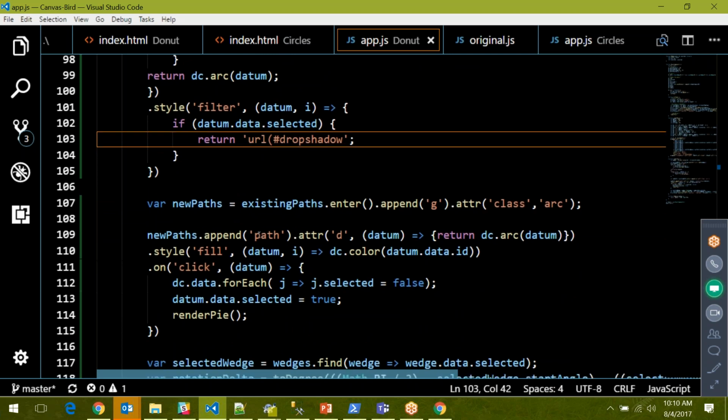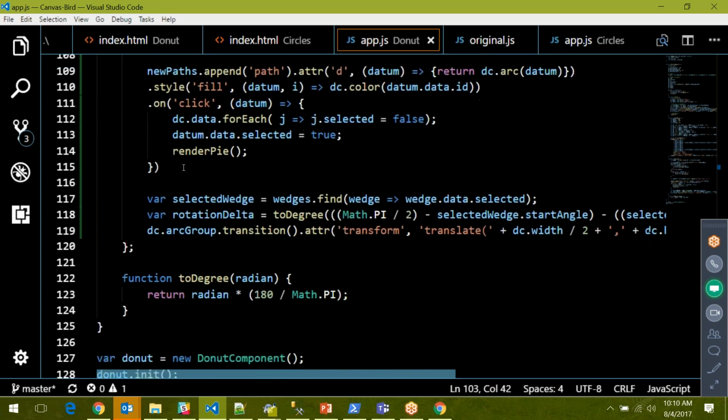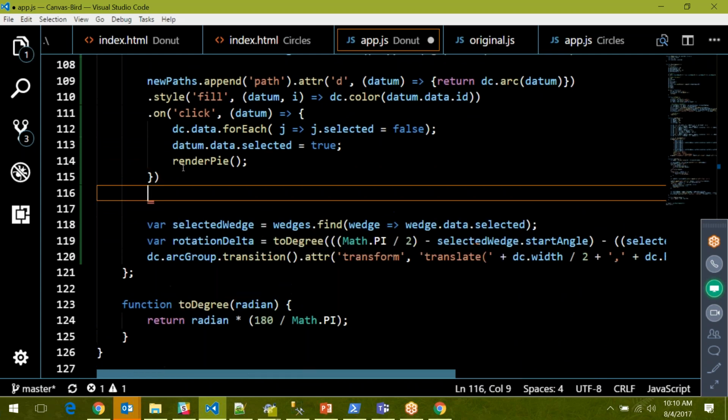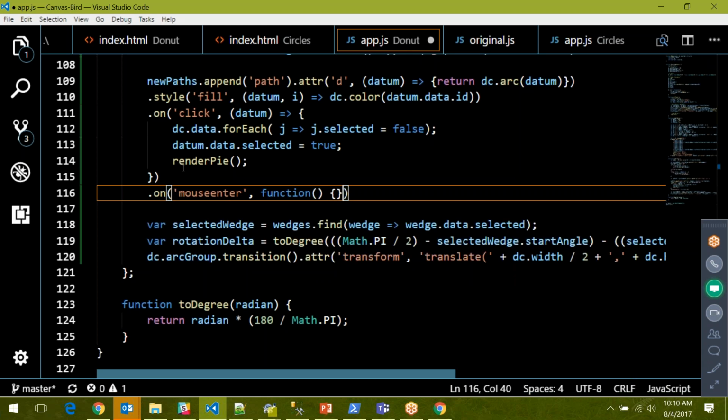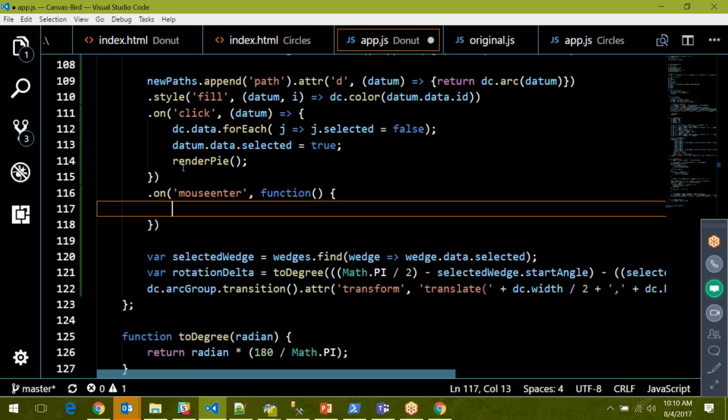Last thing I want to do really quick is the hover. So back on the new paths, we're going to do .on hover. Sorry, not hover, mouse over. Mouse enter. So here I have to be a little bit more careful. I can't use the fat arrow function because I want to get the list that mouse enter is going to give me, and if I do a fat arrow function, I get the wrong lists. So on mouse enter,